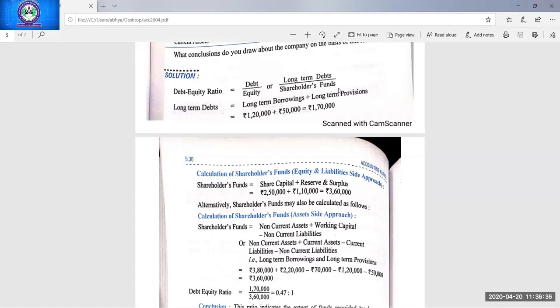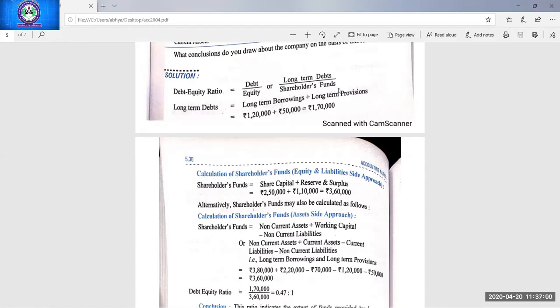Lenders are safe. Why? I am explaining. Listen carefully again. I told you that the standard ratio is 2 is to 1. 2 is to 1 means debts can be 2 times of the equity. So if this ratio is 2 is to 1, and suppose the company is having 4 is to 1, it means debts are 4 times the equity.